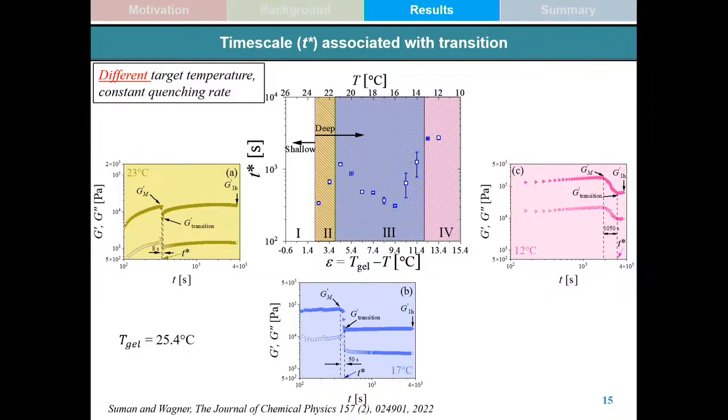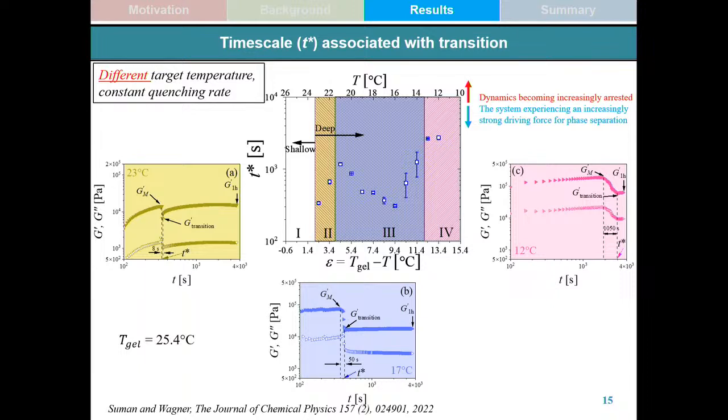The transition temperature over here can be seen to obey a non-monotonic trend with extended thermal quench. We believe that this is due to two contradictory forces coming into play. One, when we decrease the temperature suddenly to very low temperatures, the system dynamics is getting more and more arrested, which would not like this transition to happen. But at the same time, the driving force for this transition is also increasing, which would encourage this transition to occur. So as a result of this interplay between the two competing effects, there is a non-monotonic trend in the